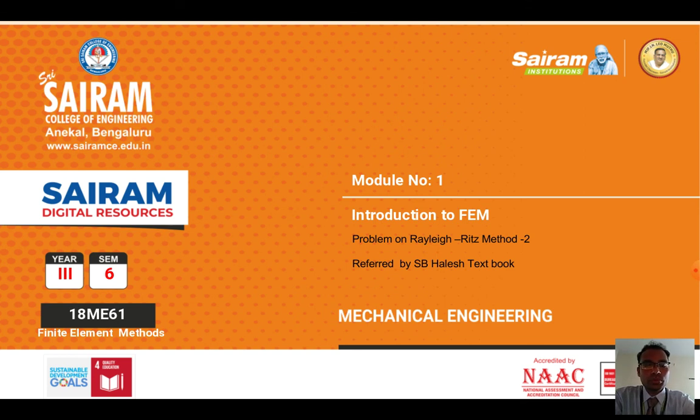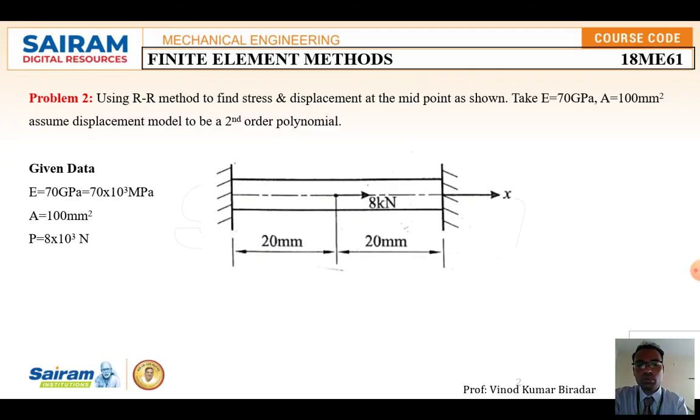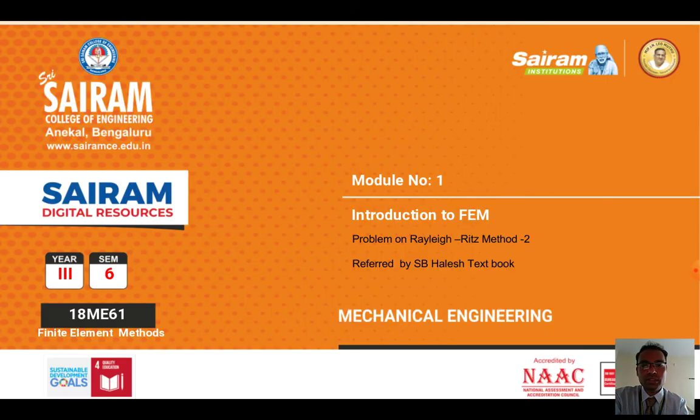So this is about the Rayleigh-Ritz method problem. This is the second method problem, and this is most important. Many times they have asked it in the examination. I have taken this question from exams only. I hope you understand this type of Rayleigh-Ritz method problem. I am repeating again: if you want to solve by the Rayleigh-Ritz method, you have to remember the 6 formulas of 6 different beams and bar. Thank you very much.